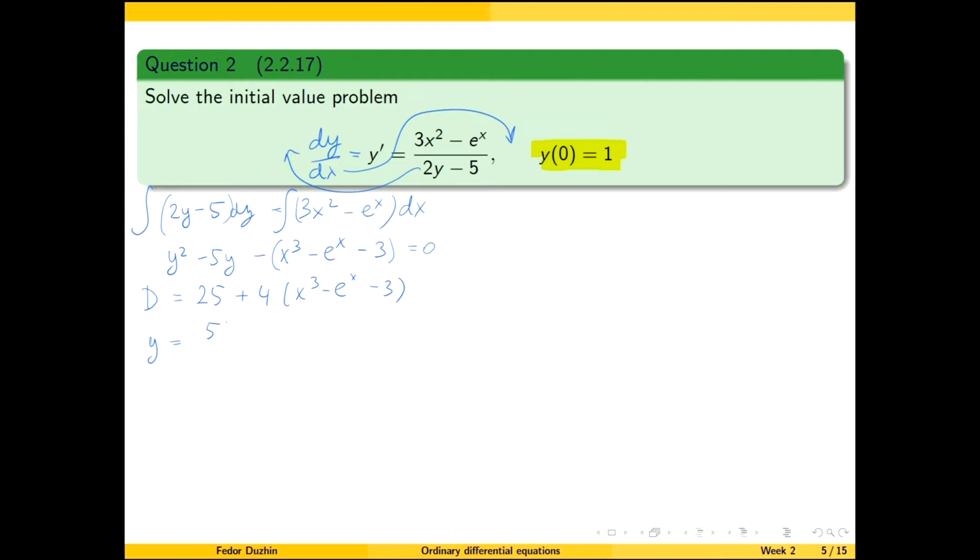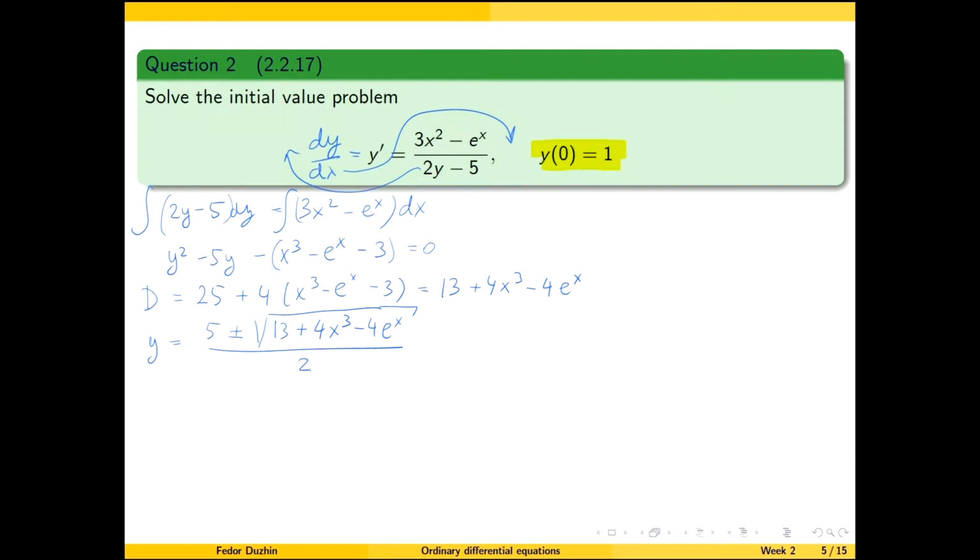So solving for y, we get y is minus of minus 5, which is 5, plus or minus the square root of the discriminant. Let me simplify the discriminant. 25 minus 12 is 13, right? So this is 13, plus 4x cubed and minus 4 e to the x. So this is the square root of 13 plus 4x cubed minus 4 e to the x,